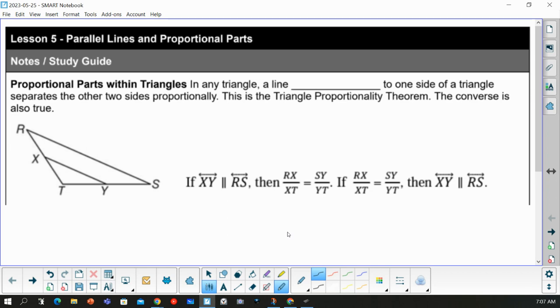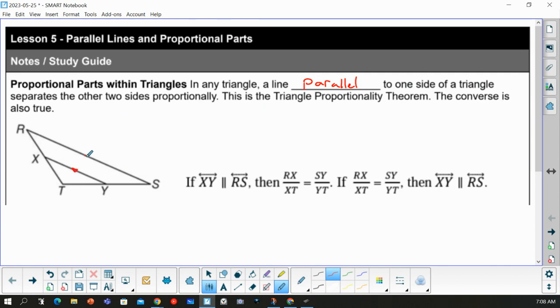All right, so in this section, we talk about proportional parts within triangles. Okay, so in any triangle, get my pen ready here, go with some red ink. In any triangle, a line parallel to one side of a triangle separates the other two sides proportionally. So in this case, XY